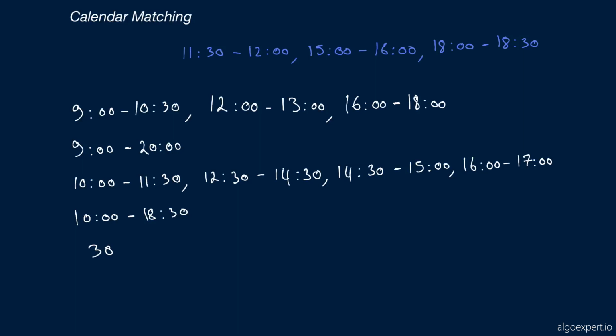Well, it's pretty simple. The first thing that we need to do is we should update both calendars to take into account the daily bounds. So here I'm going to start moving stuff around a little bit. But if we take the first daily bounds of 9 a.m. to 20 p.m., or whatever that is, 20, then we can create sort of two additional meetings that would look